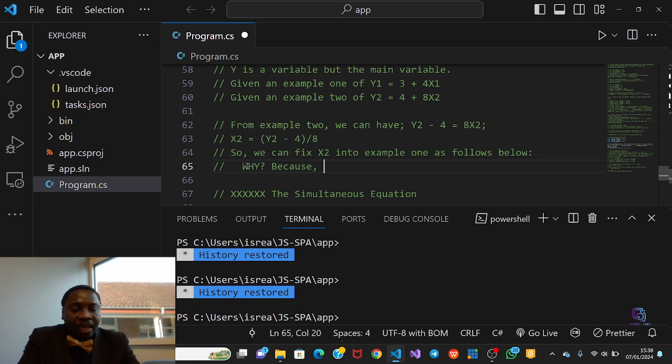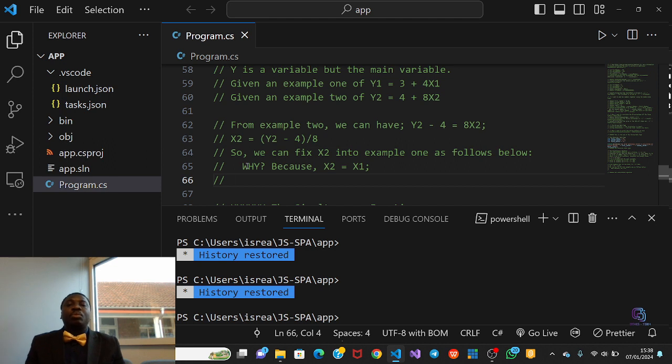I'll say x2 is equal to x1. s2 is equal to s1. So because s2 is equal to s1, I can fix s2 into example 1. So how will I fix it into example 1? I can say y1 is equal to 3